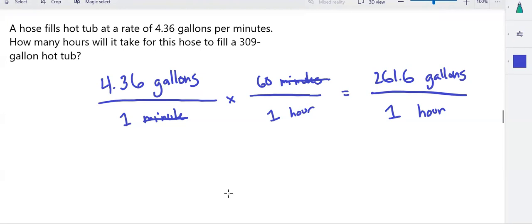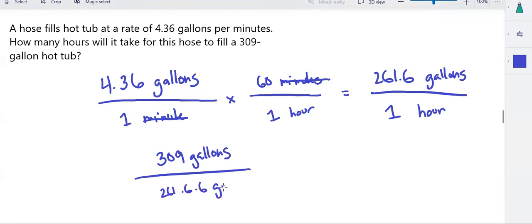I have my rate. I need to figure out how long it's going to take to fill this particular 309-gallon hot tub. Now, if the hot tub were 261.6 gallons, it would take exactly 1 hour. This one's a little bit bigger than that, so it's going to take a little more than 1 hour. Let's check out exactly how much it's going to take. Now that we have our rate in the correct units, we can go ahead and take the total size of the hot tub that we're trying to fill, and we can divide it by the rate that the hose fills at,